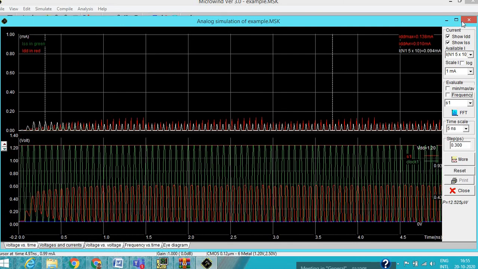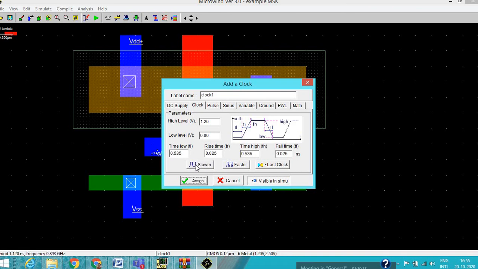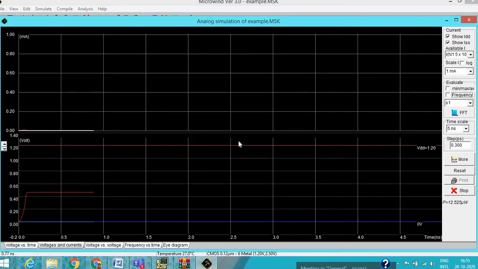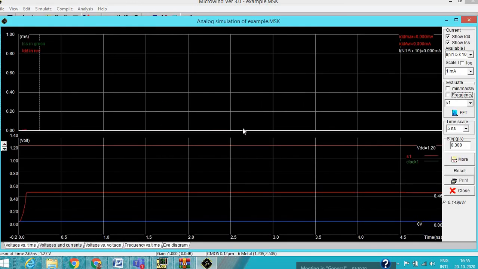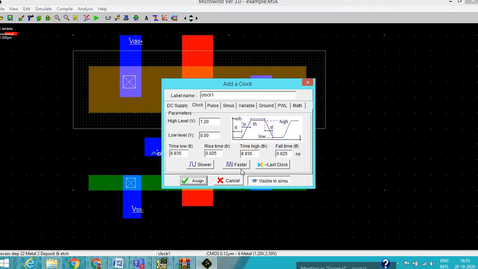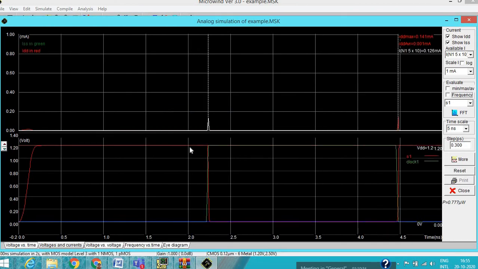It is too fast. It is too slow. Okay. Here we can see the output and input.